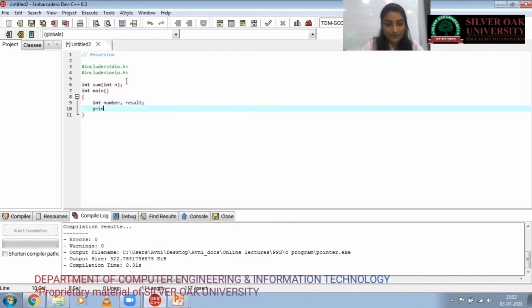First of all, we want to take the input from the user. So we print, for example, enter a positive integer number.